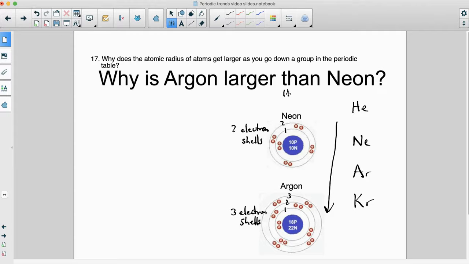If we looked back at helium, helium only has 2 electrons. It has 2 protons, and it's surrounded by 2 electrons. It only has 1 electron shell. These electron shells are certain distances from the nucleus. So as we add electrons and add electron shells, the size of the atoms gets larger. So that's why we see this trend of the atomic radius getting larger as we go down a group. So we could explain number 17 here by saying it gets larger, the atomic radius gets larger,